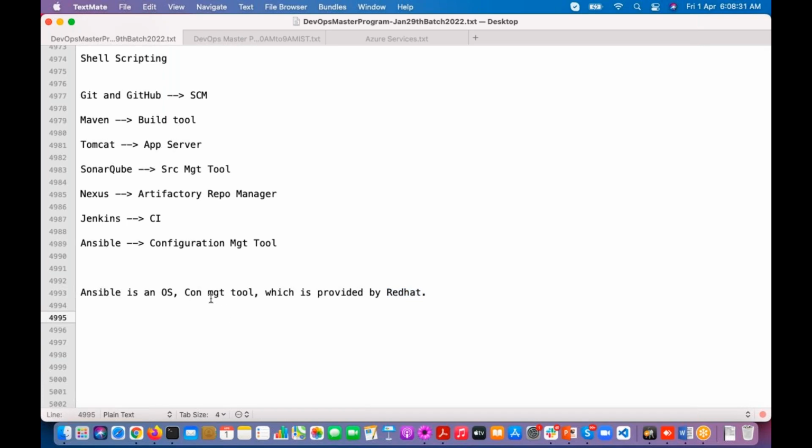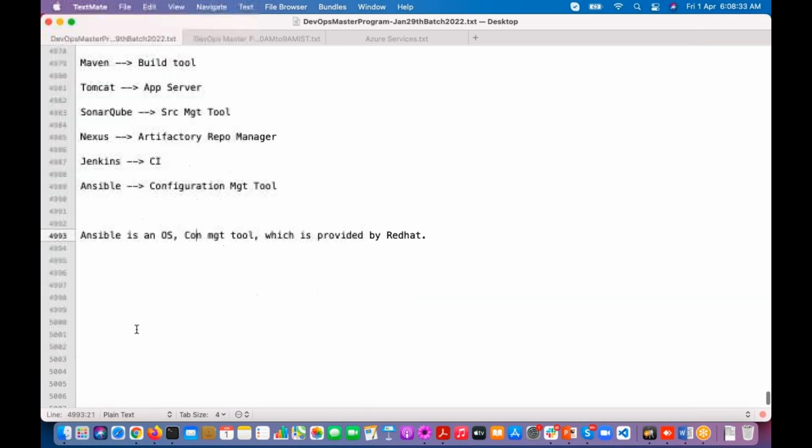So what do you mean by configuration management? Ansible is a configuration management tool. What do you mean by configuration management? Configuration management is nothing but a set of tasks which are performed on the target servers, right?